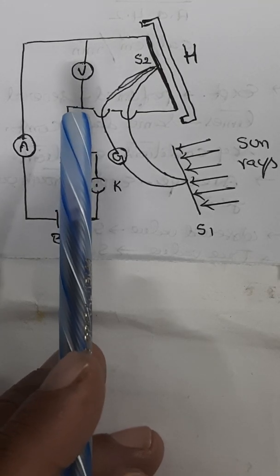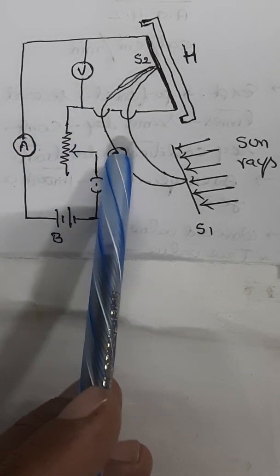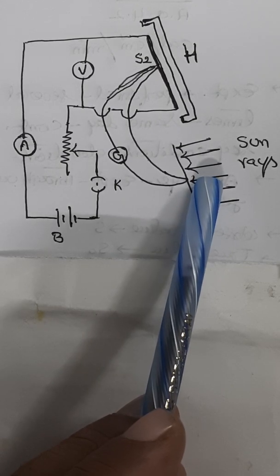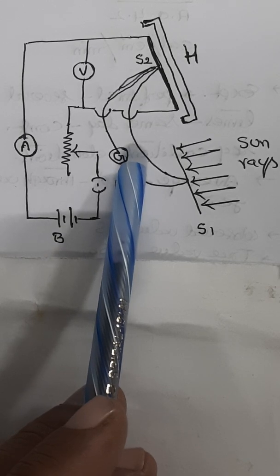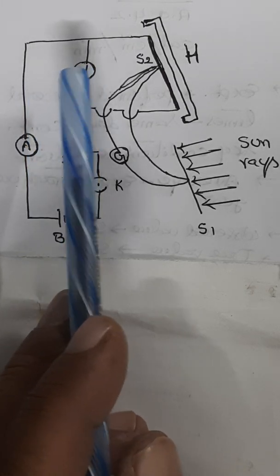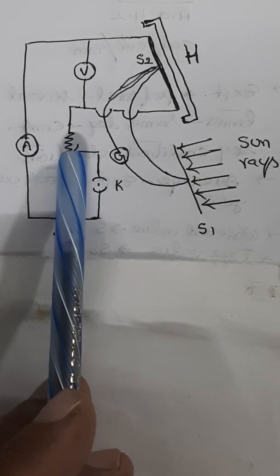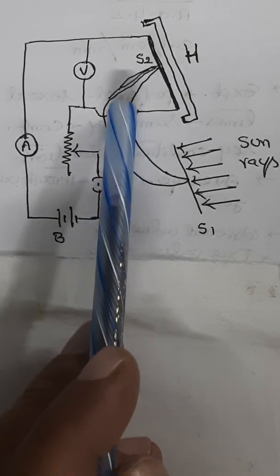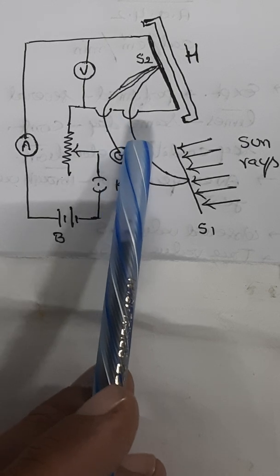Here, when both S1 and S2 are at the same temperature, then the galvanometer shows no deflection. When S1 is exposed to radiation from the sun, its temperature rises and the galvanometer shows some deflection. Now, through this circuit, current is allowed to pass through the strip S2 and its strength is so adjusted with the help of rheostat that the galvanometer shows no deflection. Under this condition, the temperature of both are the same, that is, the rate at which heat is supplied to both